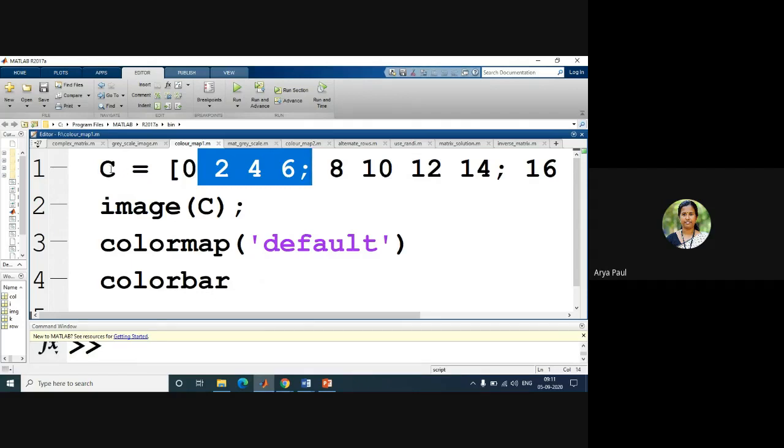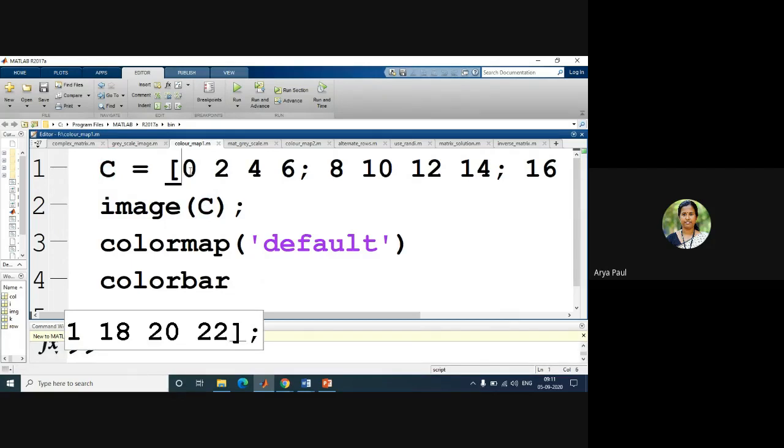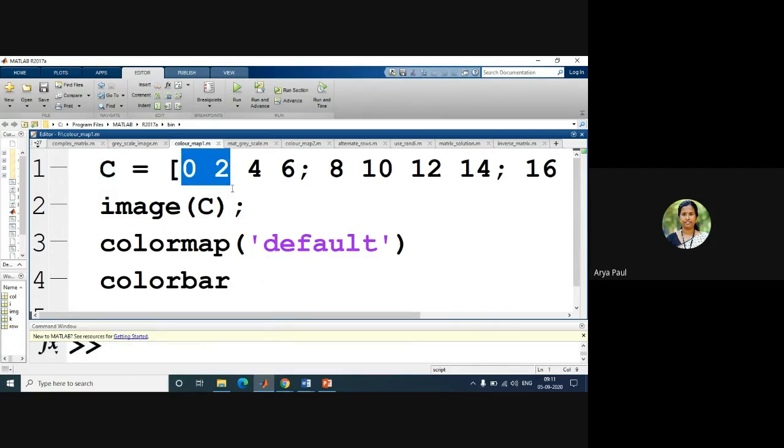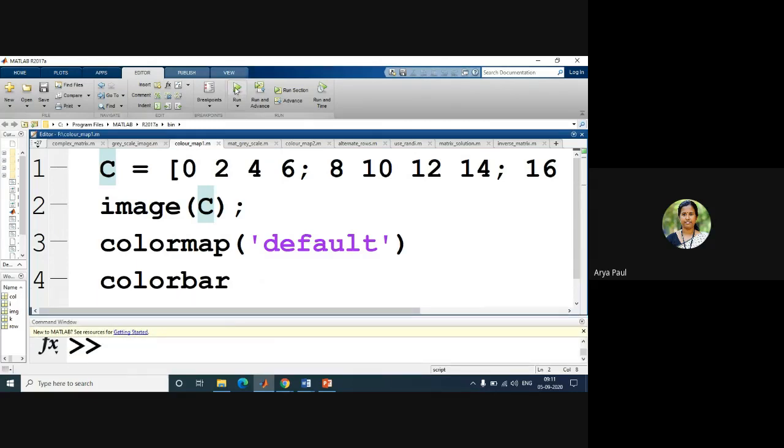Or we can say this image function uses these values as an index to each pixel. That means this is called an indexed image. We will show what that is here.